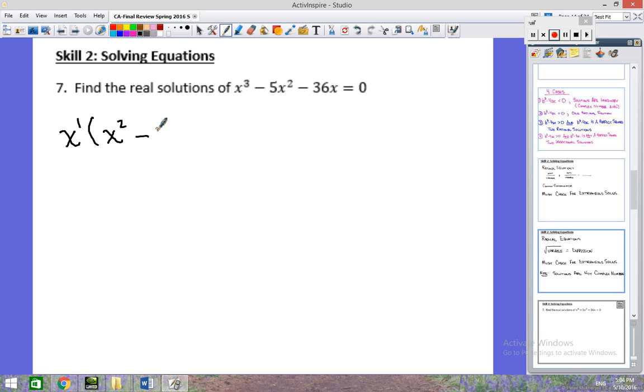My middle term here, I'm going to factor out one of these x's and just have minus 5x remaining. Again, if you added the exponents, 1 plus 1 is 2. On this last term, if I factor out that x, I'll just have this constant, this minus 36. So here's something that you've seen very often in Algebra 1 and Algebra 2 and in this class, and that's